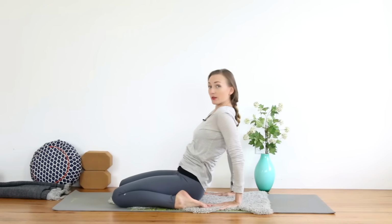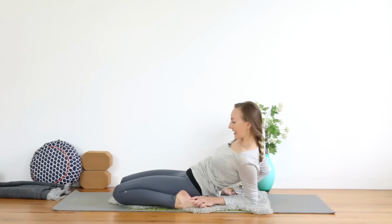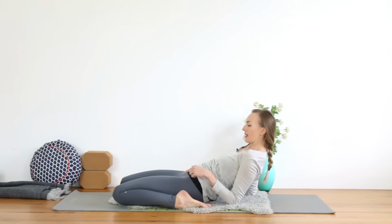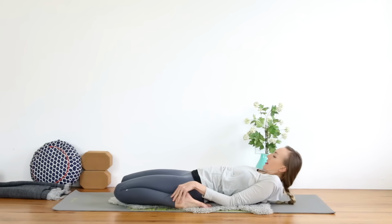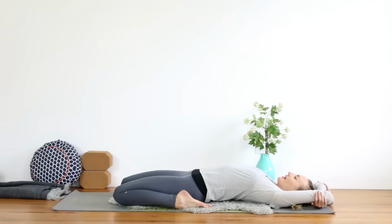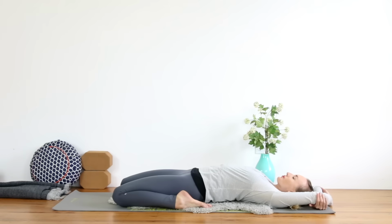So setting up into whatever variation you're coming into, the knees are about as wide as the hips, so you don't want the knees flaring wider than the hips. You also don't want the knees touching. So however wide your hips are is a good guide for where the knees should be. If you're coming to lie all the way down, I like to clasp opposite elbows above my head. Again, always adjusting to lengthen the tailbone between the knees. Wherever you are,